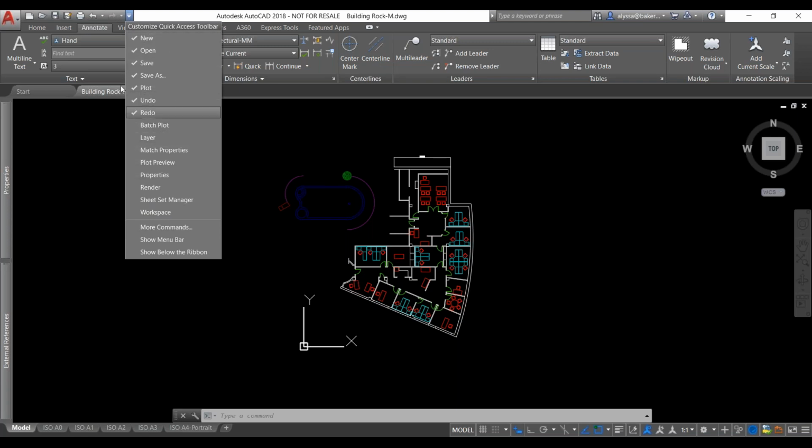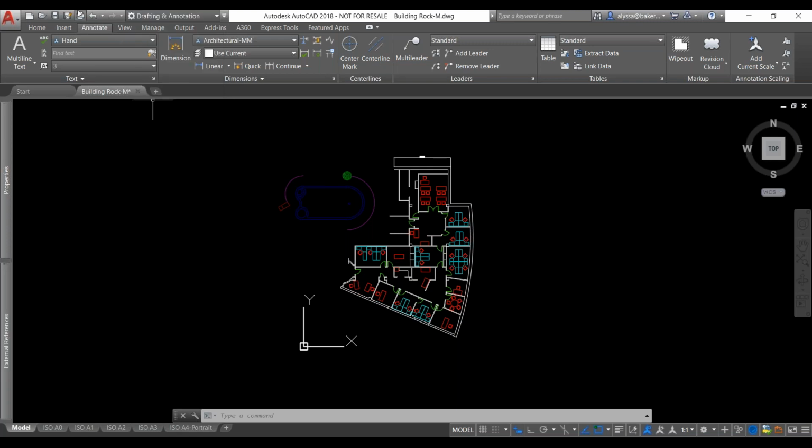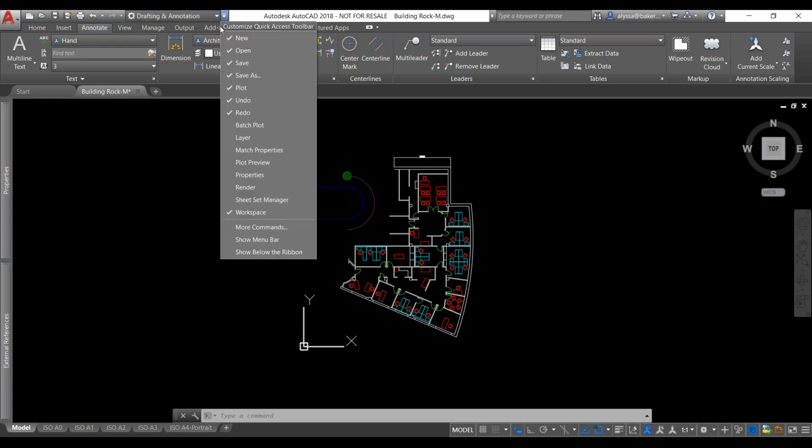So where the tick is, it means it's showing on your toolbar. Where there's no tick, that means it hasn't been added in there. I could go and click one of these, and it's just going to populate that on the top there. I've seen other people with crazies on the top there,